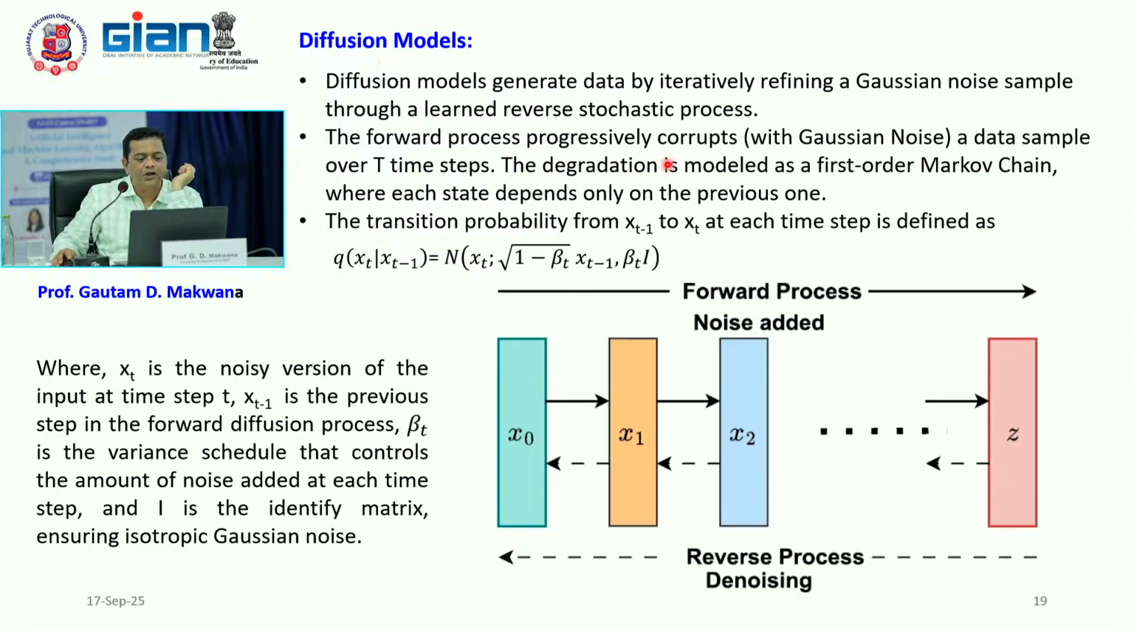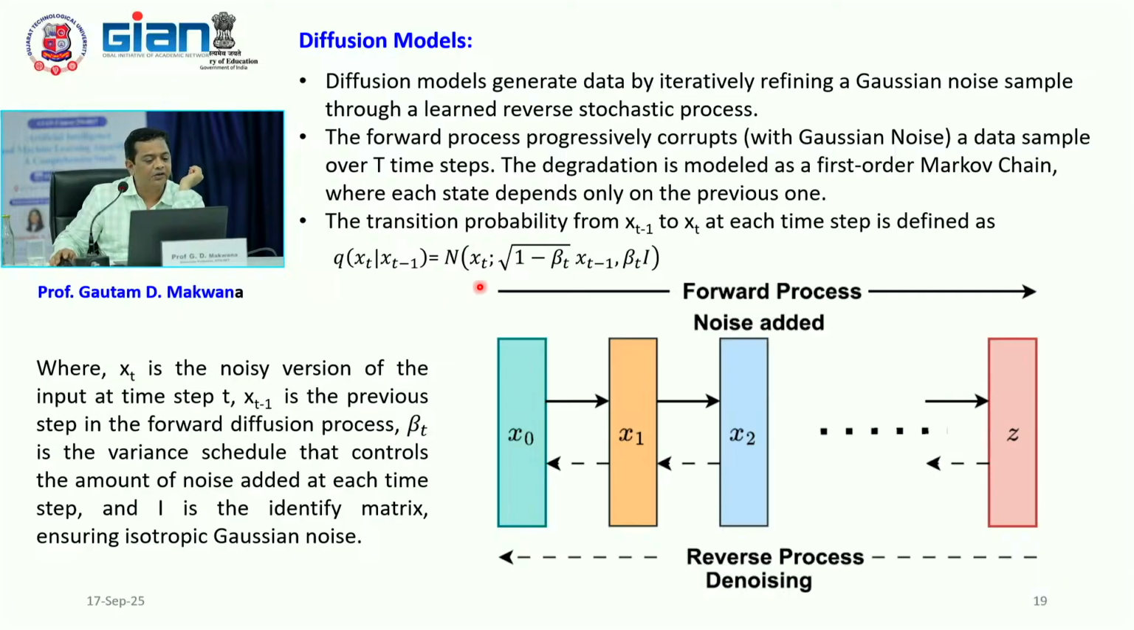The forward process progressively corrupts a data sample with Gaussian noise over capital T time steps, and the degradation is modeled as a first order Markov chain, where each state depends only on the previous one. The transition probability from x t minus 1 to x t at each time step is defined by this equation: q of x t given x t minus 1